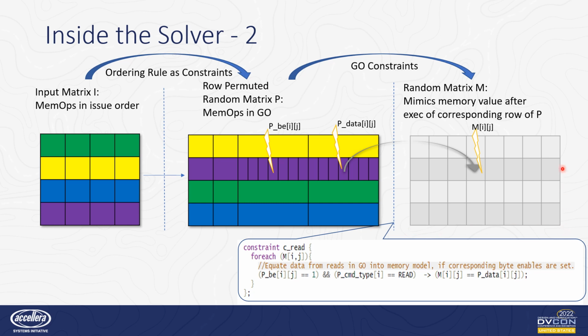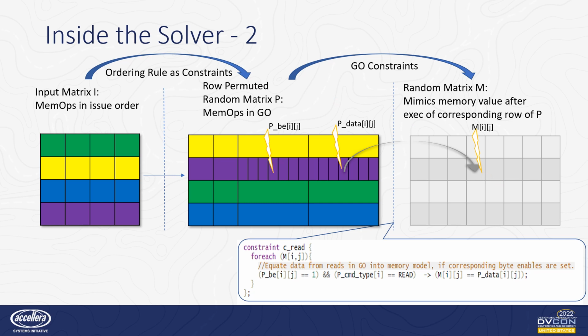The basic idea here is to create a random dummy matrix M, where the rows of M mimic the data of the memory after the execution of the corresponding row of P. And once we create this matrix, we will write three sets of constraints: two between the rows of P and M, and one between the